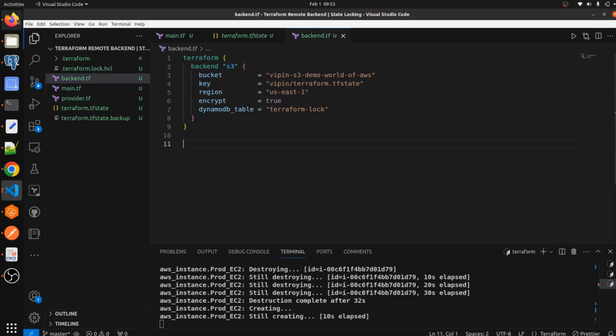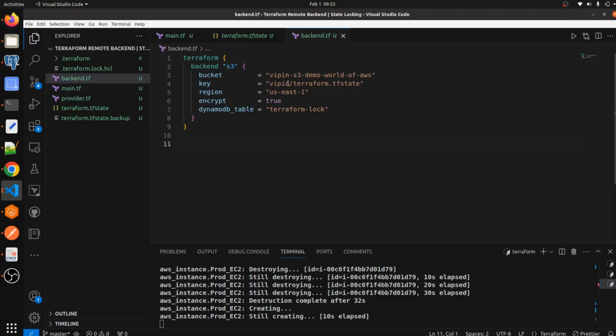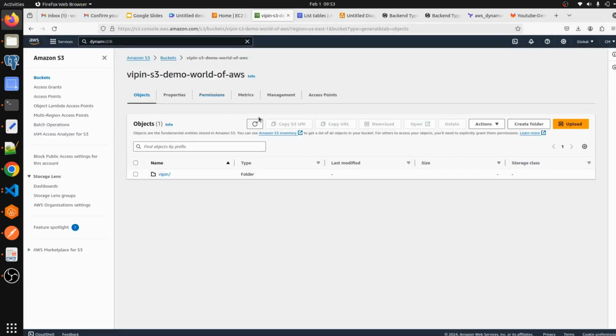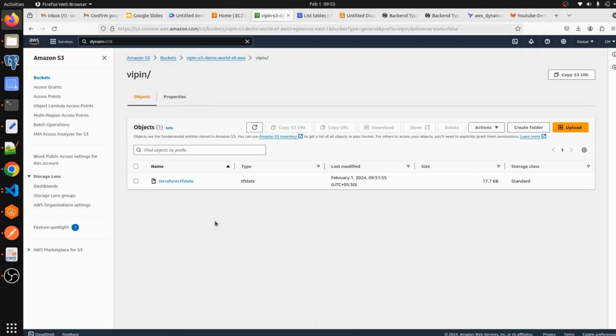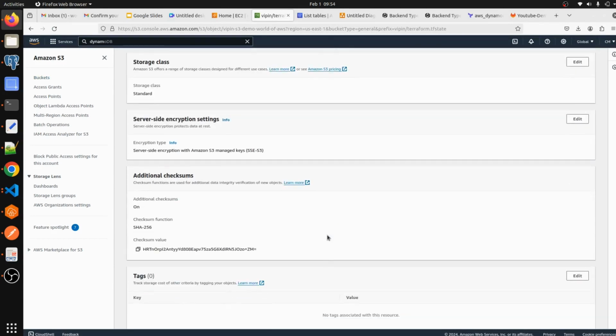This is the folder under bipin, as we have mentioned bipin, then terraform.tfstate. Go here, and as we can see terraform.tfstate, there is one file. This is our state file.